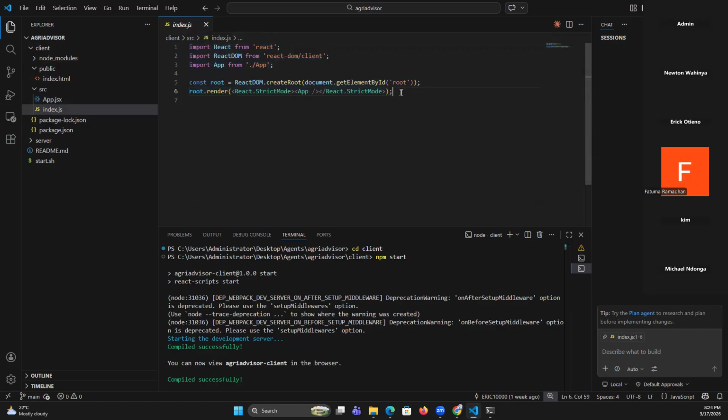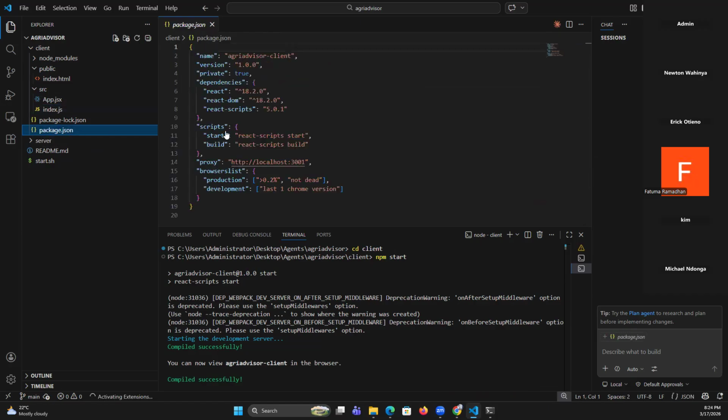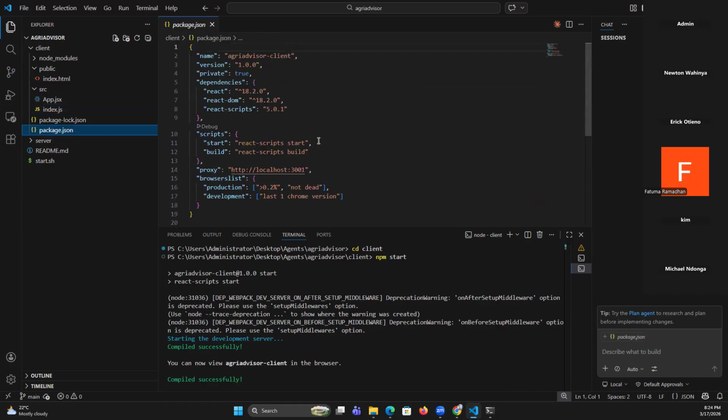Okay. And then this package.json is a very important file. We are going to talk about it because it tells us how to run the app. For example, if you're seeing this script, it's trying to tell us that if you say npm start, it will run the React script for starting our